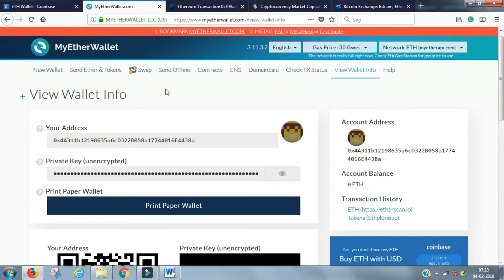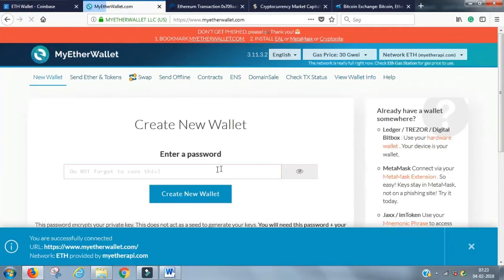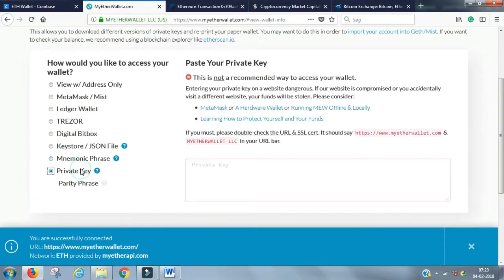So how do I check it now? Well, let me see if I can just update it here. I can't. So what you do is go to MyEtherWallet. I'll just do it from the beginning so it's not confusing. View wallet info, private key,